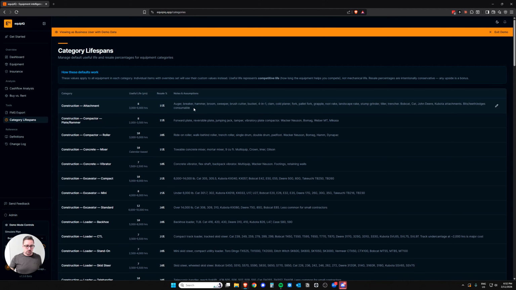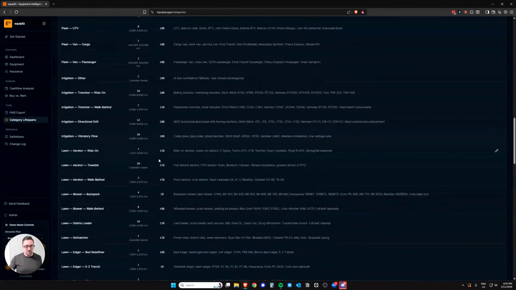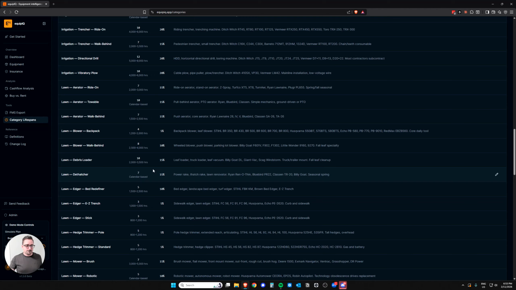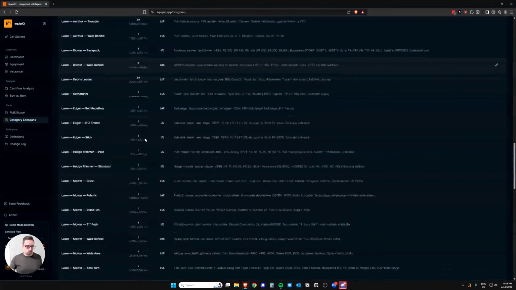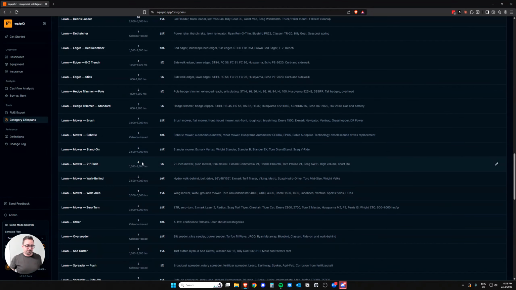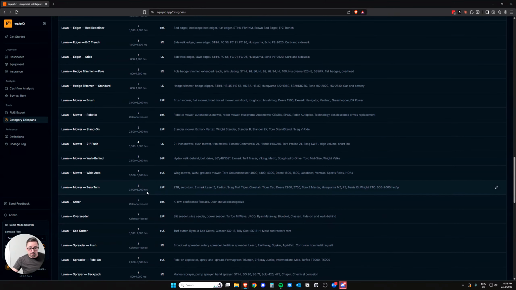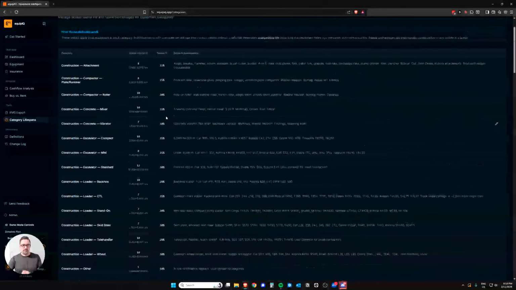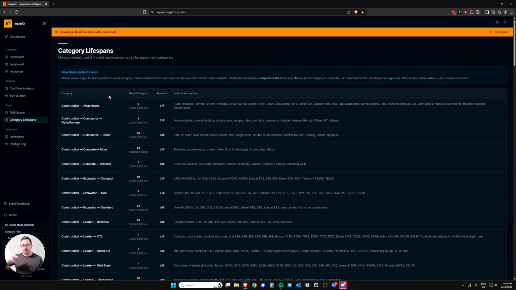A commercial mower in here will be about 5 years of useful life. Where is it? Here. 3,000 to 5,000 hours based on the research. Do you think I have 3,000 hours on that machine? I've had it for 5 years. I do not. So we're going to layer on to the resale value and useful life by letting users input their mileage and hours